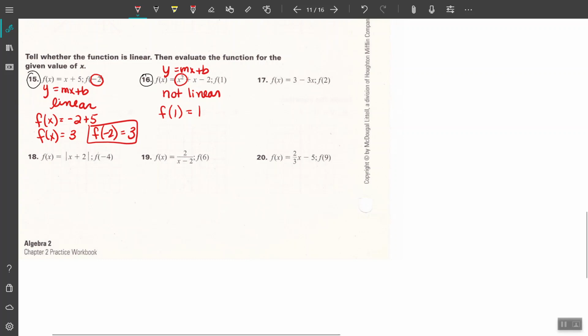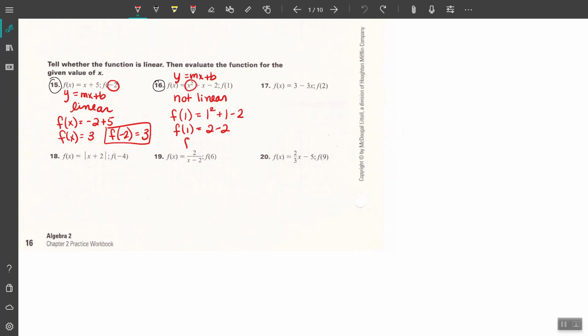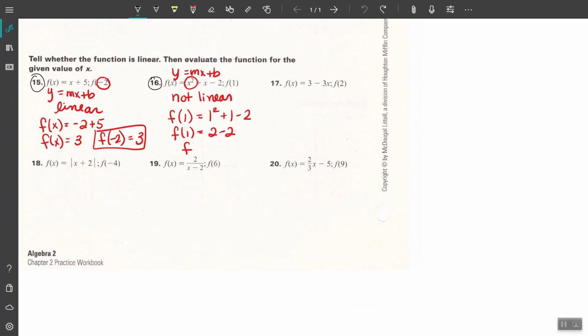Then I'm going to go in and substitute the 1 in for every x up there. So I've got 1 squared plus 1 minus 2. And then 1 squared is 1, plus 1 is 2. 2 take away 2 is going to give me 0. So the value of the function when x is 1, the value of the function at x of 1